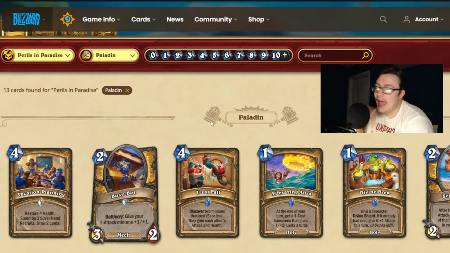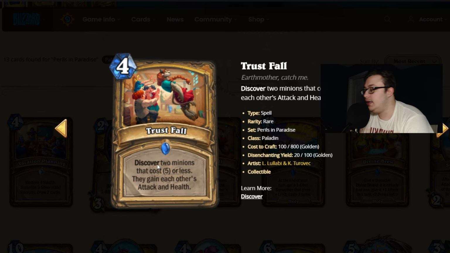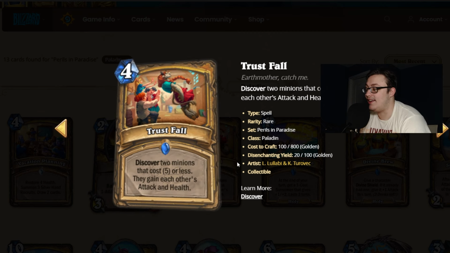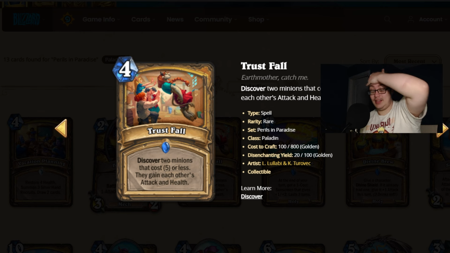Next up is Paladin. We have Trustfall. 4 mana spell for Paladin. Discover 2 minions that cost 5 or less. They gain each other's attack and health. Okay. Does this go in hand buff? Not really. Unless you discover Leroy. You can discover Leroy possibly, but